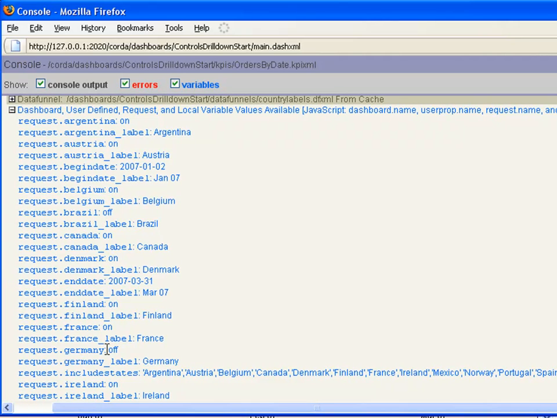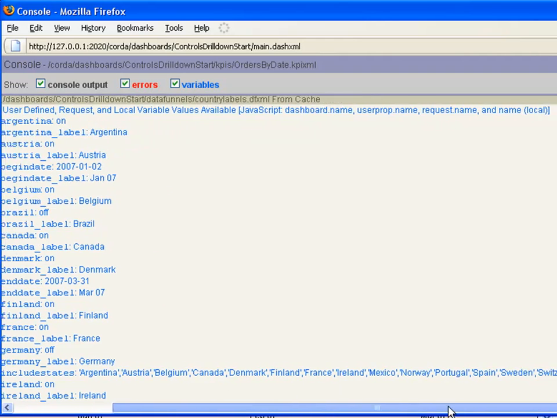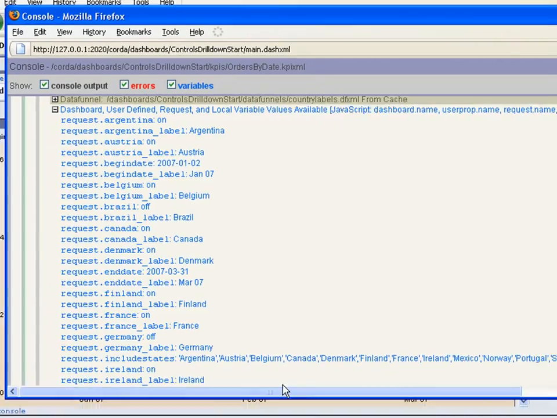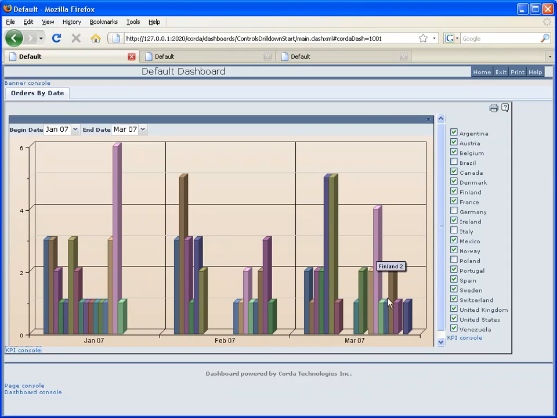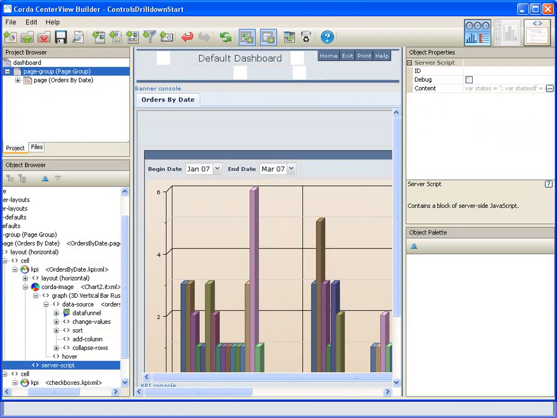But for example, Germany, which is off, does not appear in our list. And so that's what we want to have. And so jumping back over to our SQL query,